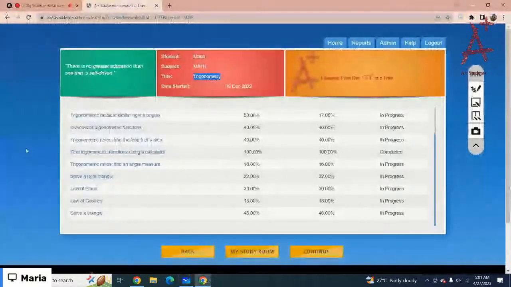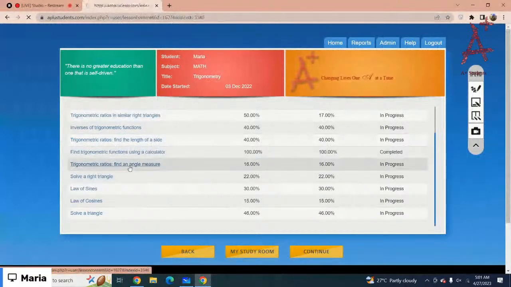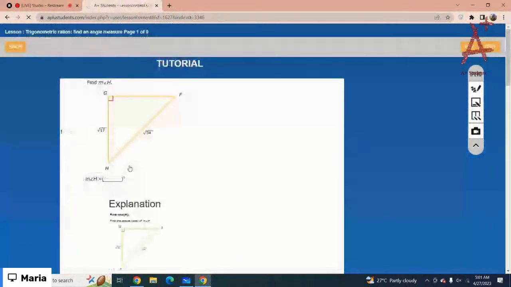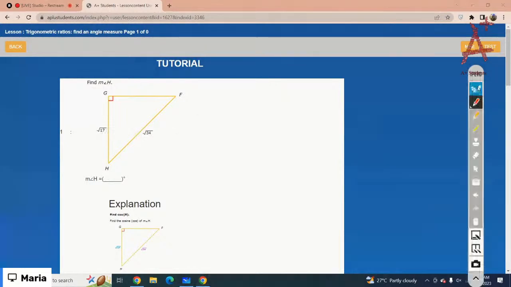Here I'm on grade 10 maths. Let's start with the chapter trigonometry we are working on. The lesson is trigonometric ratios, find an angle measure. Here we are given a triangle. You have to calculate the angle H. You are given the measurements: here you have square root 17 and here you have square root 34. You have to calculate the measurement of angle H. So here is the angle H,